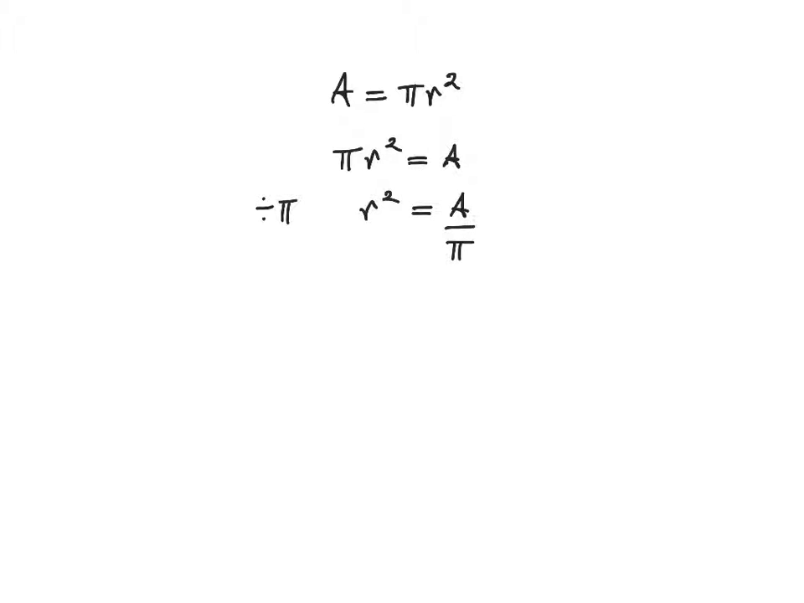How do I unlock this square? I take the square root. So the radius of a circle is found by dividing the area by pi and then square rooting